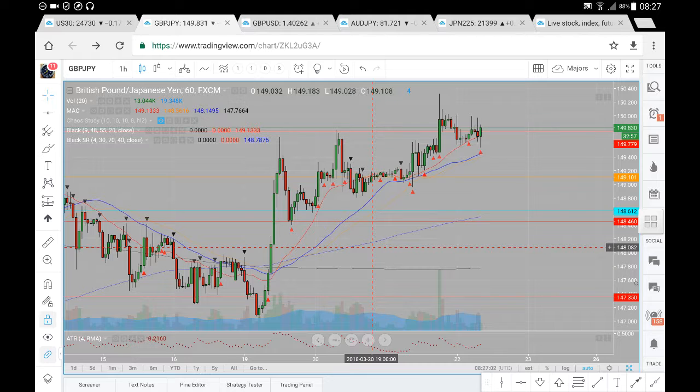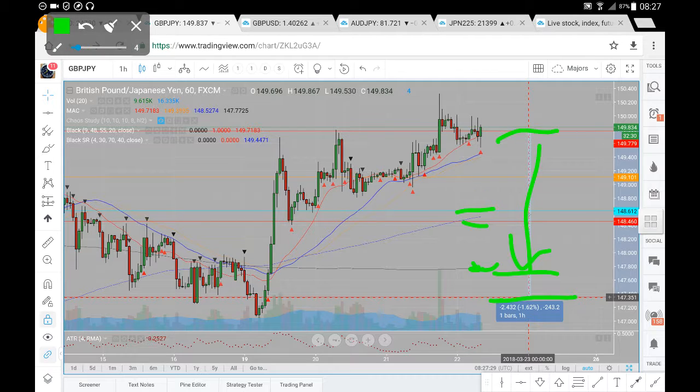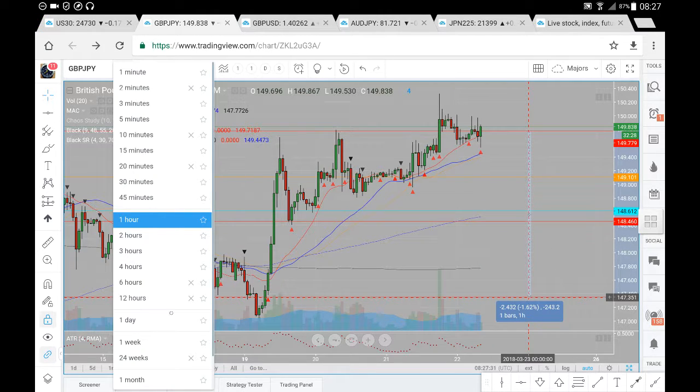If we were to, I would expect 147.35 to be the far end of the range here on the pound against the yen, 243 pips. I would expect that to be the far end of the range here. A move from this 149.78 down towards our 147.35, and while being aware of possible levels that we could potentially find support. If we just have a look at the daily chart here before wrapping up our analysis on the